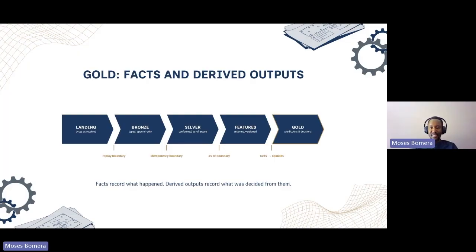Depending on whatever mechanism you've used, it could be close to what can happen in terms of a prediction. But essentially, gold is where everything from the data that entered into the system from landing, managed by bronze, deduplicated at silver, and turned into signals, then produces something of value to the business, either a prediction or a decision: let's go this way or not the other way, etc. But you can see the provenance here.